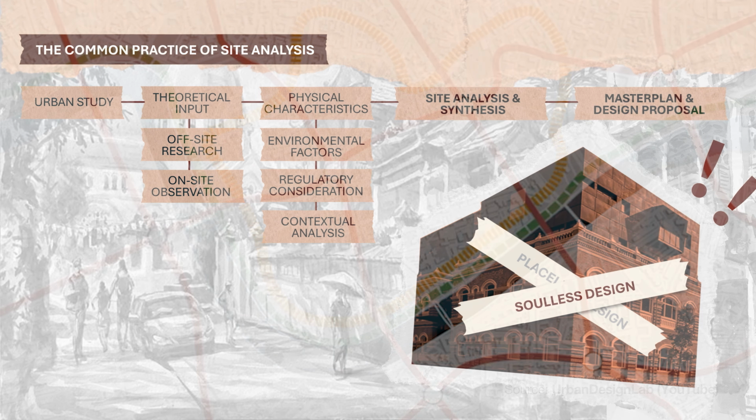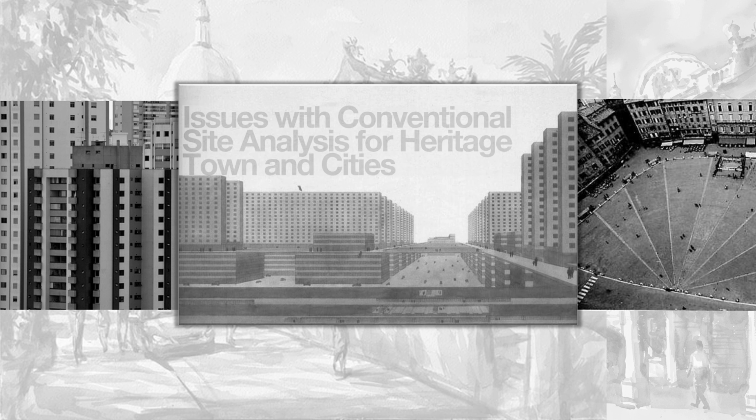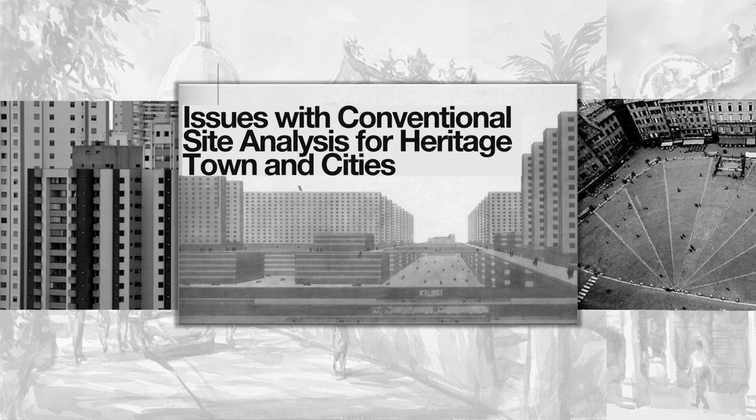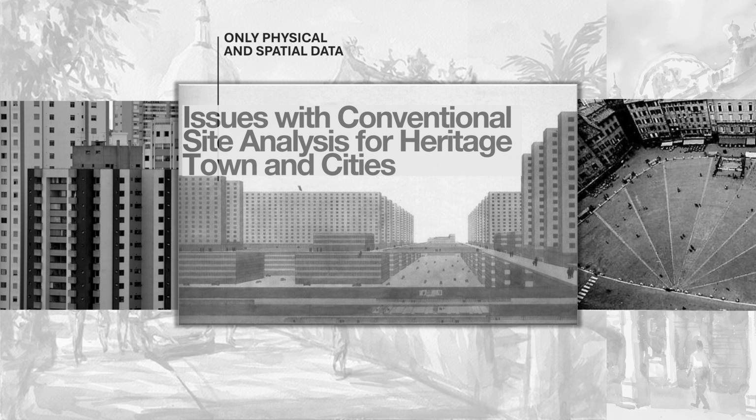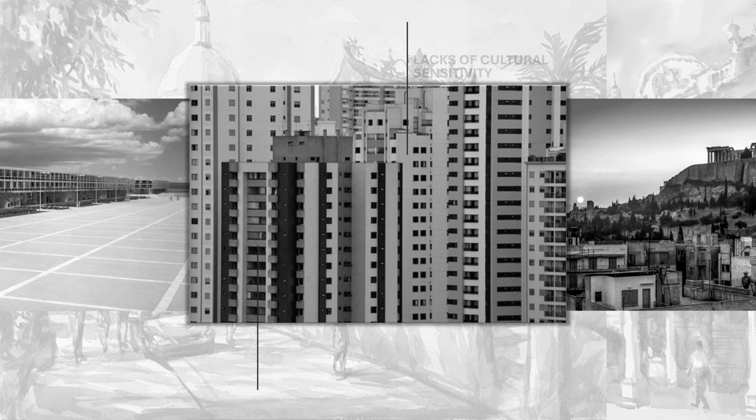Using only conventional site analysis will lead to soulless and placeless design proposals. Issues with conventional site analysis for heritage towns and cities include surface level observation, which focuses mainly on physical and spatial data, such as land use, circulation and movement, architectural styles, and many more. It is conducted top-down, leading to design proposals that lack cultural sensitivity. The third issue is disregarding local narratives that ignores lived experiences, oral histories, and place meanings that are essential in